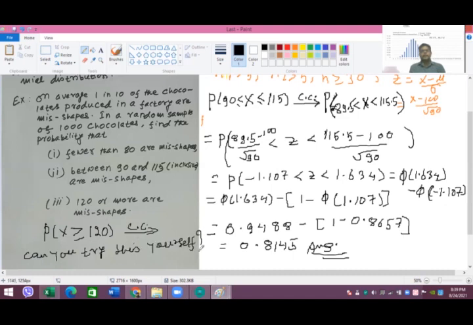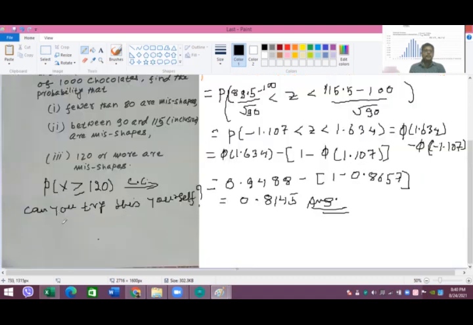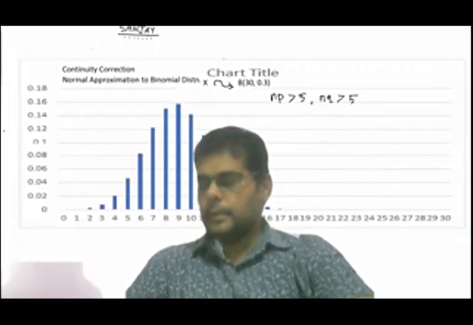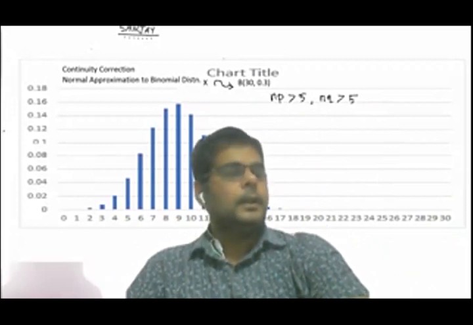Okay, a good idea is that once you have learnt up to now, you should be able to do the third part of this question, and any kind of problem that relates to the use of continuity correction. So let me tell you the answer for this probability. The answer we have found is 0.02. Once you have done this work, you can match up your answer to see whether or not it is 0.02.